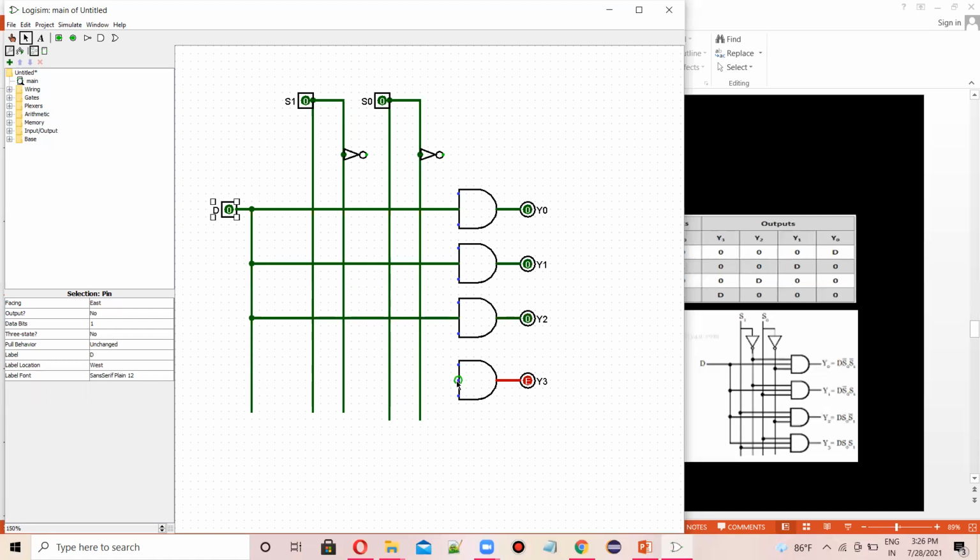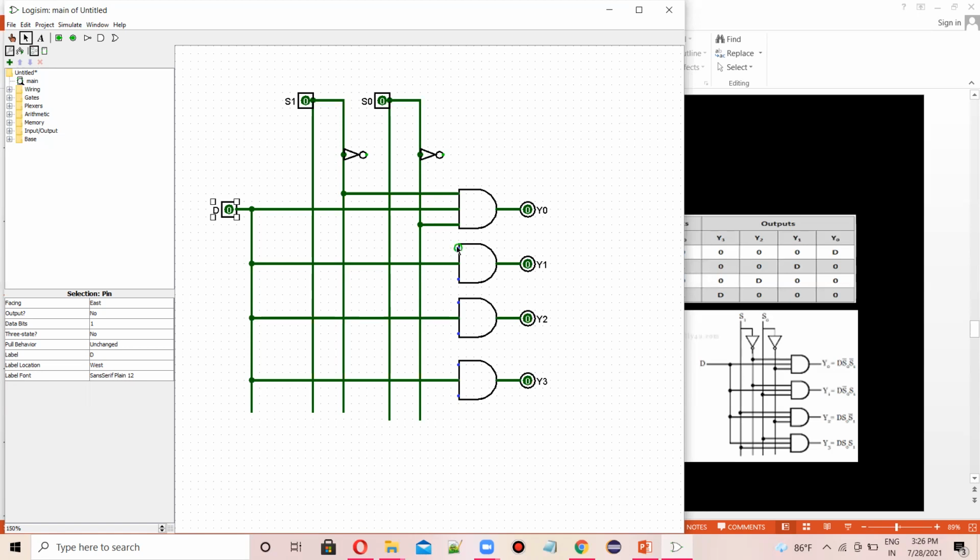Now let's connect this one with this selector, this one with this one.